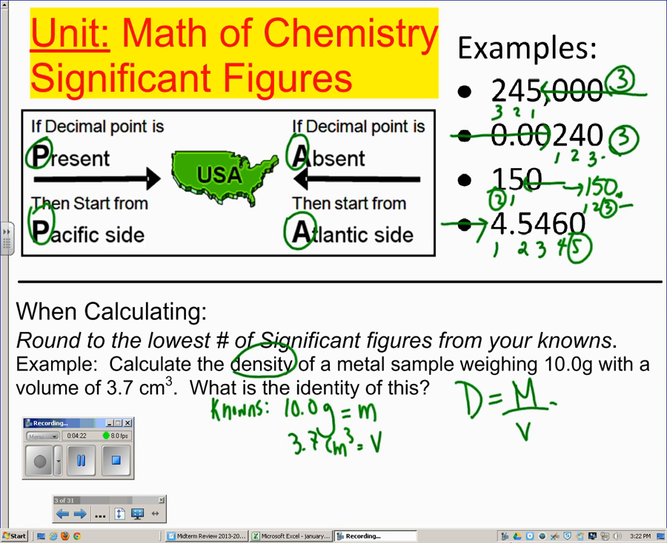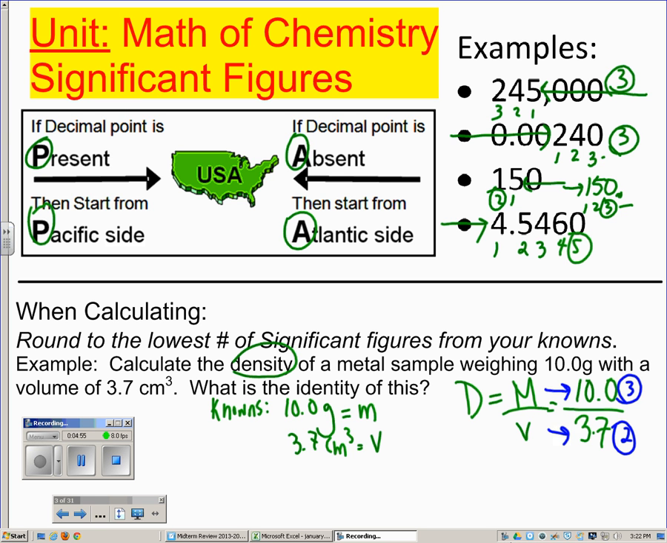In this case, what you're going to do is divide 10.0 by 3.7. Now we want to round to the correct number of significant figures. What we do is we count the significant figures of both of our measurements. The decimal's present, so we go to the Pacific side, go in and count every number thereafter. So there are 3 in the number on top, and in the number on the bottom, there are 2 significant figures. And then we round to the least number of